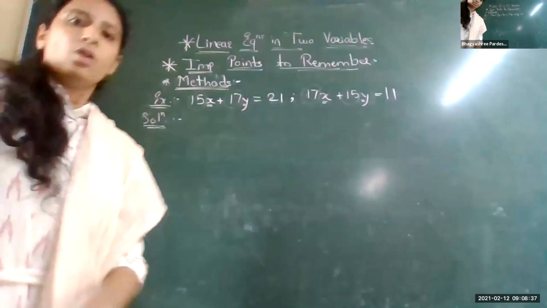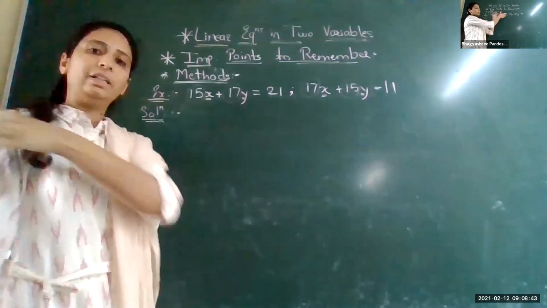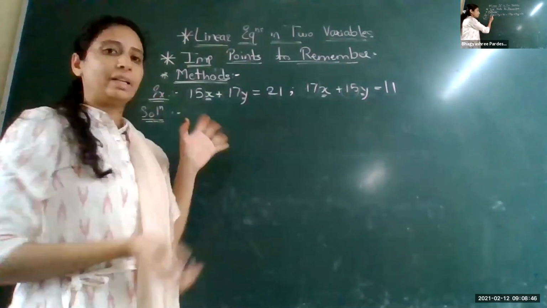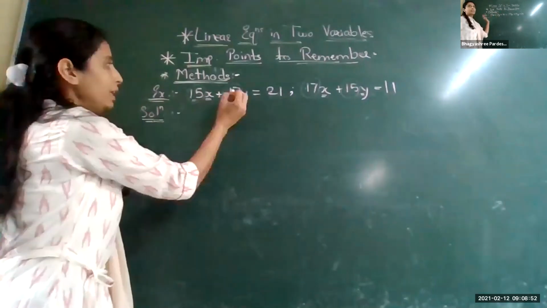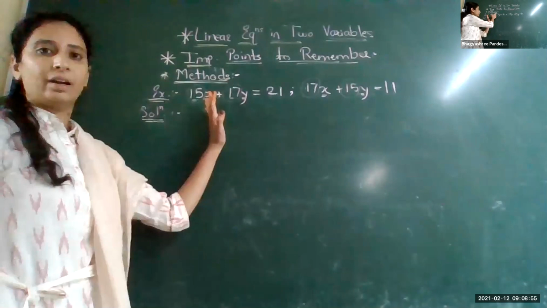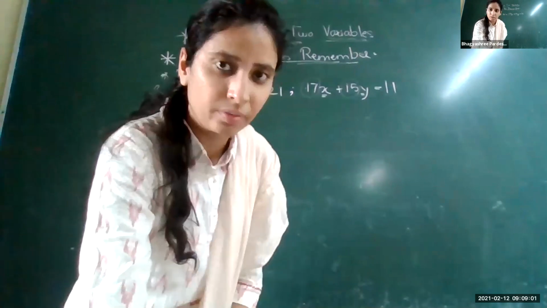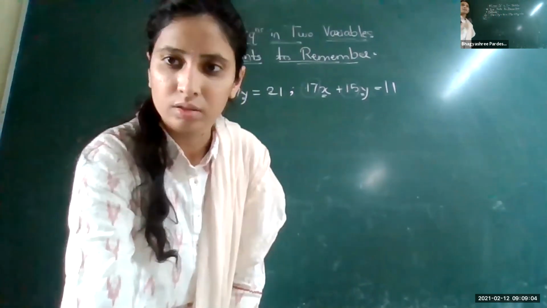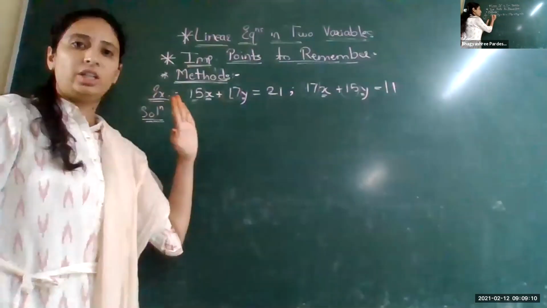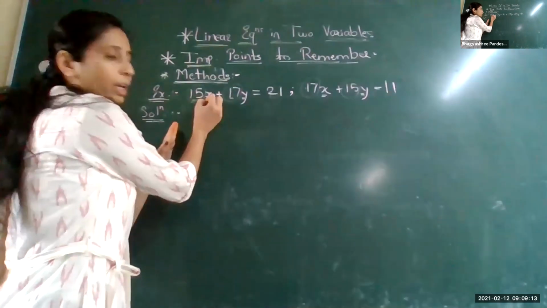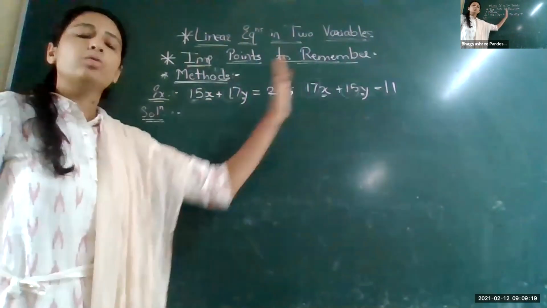Okay, students. So, this is one of the linear equations from your textbook, a solved example. Do this properly. Now, look. If you look properly, the 15 and 17 are repeated here. But the 15 and 17 have changed their position. Here, 15 is with the variable x, whereas in this equation, 15 is with the variable y. So how to do this?